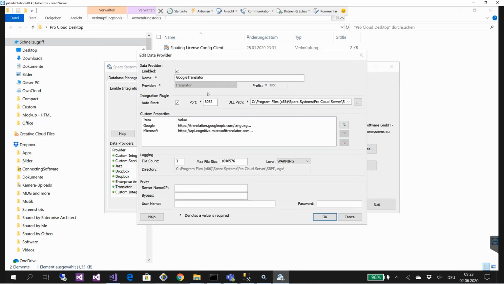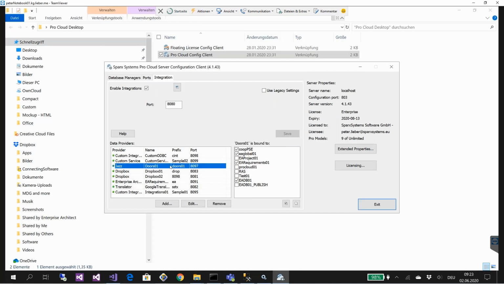And there you see that the provider is a translation provider. It's using a DLL behind it and has two APIs integrated where this translation takes place. If we jump to Doors as an example,